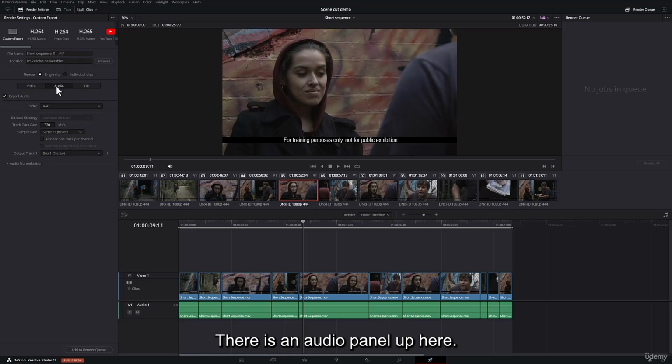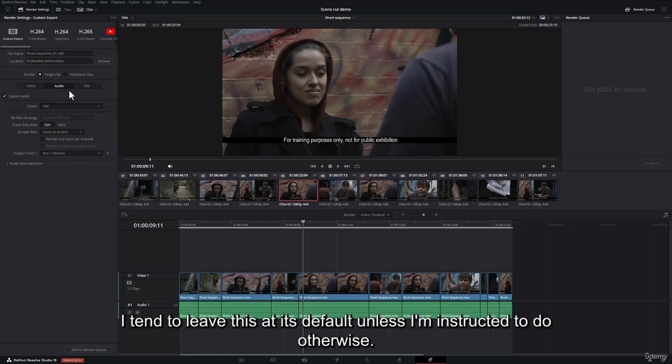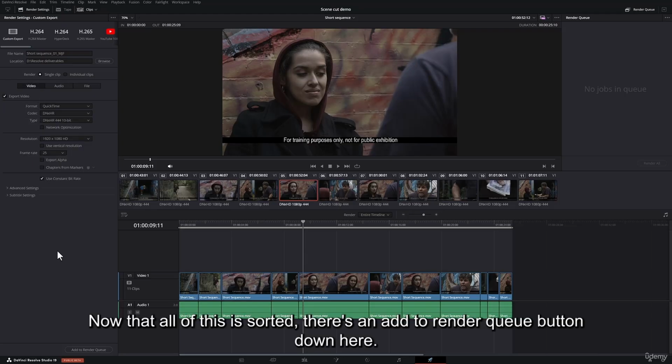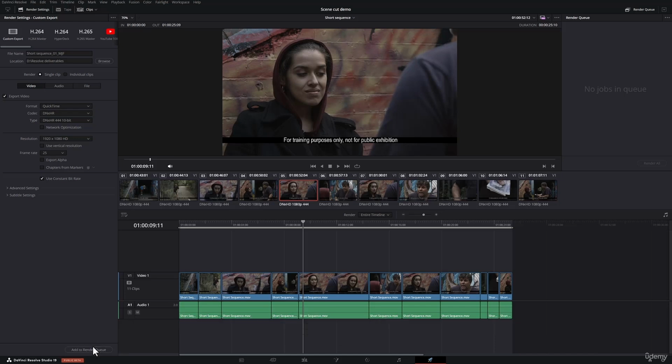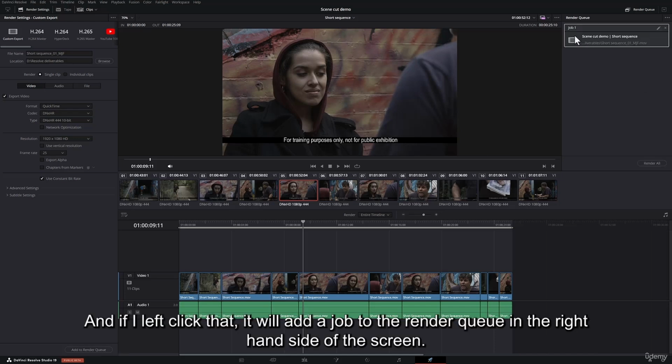There is an audio panel up here. I tend to leave this at its default unless I'm instructed to do otherwise. Now that all of this is sorted, there's an Add to Render Queue button down here. And if I left click that, it will add a job to the render queue in the right-hand side of